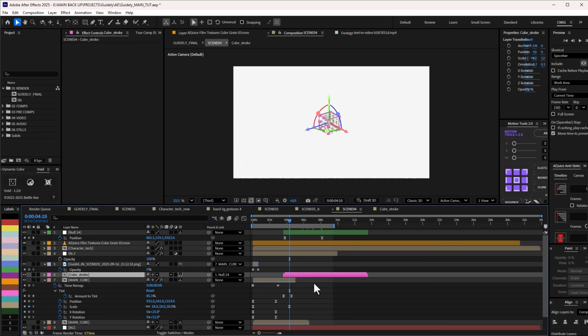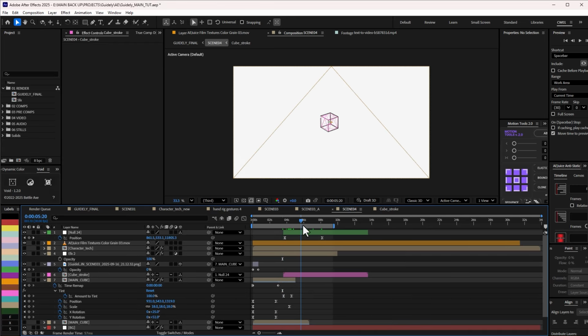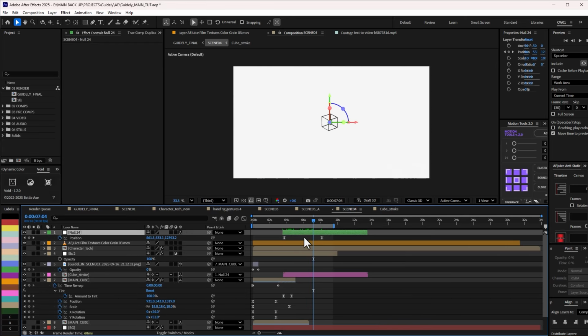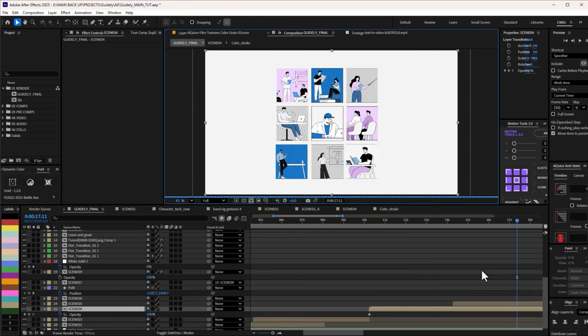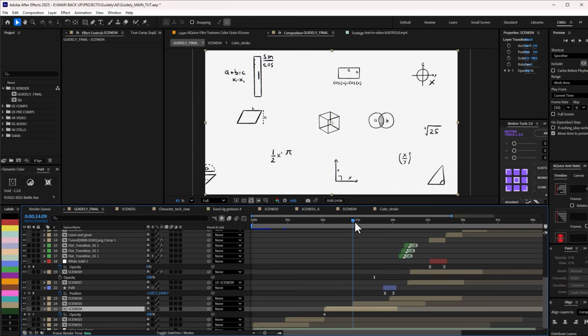Let me press U on this. Okay, I think this is where I ended here. I just use opacity to fade out that Rubik's cube while this is scaling in. So it is attached to a null here while it is scaling in. And if I go back, I can see that I've already introduced these other